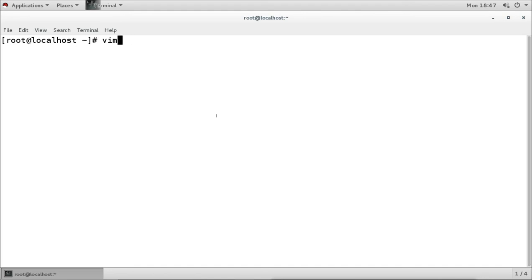So under the etc directory we have the templates under the grub.d directory, and there is a file called 40_custom. In this we can add the custom configurations.